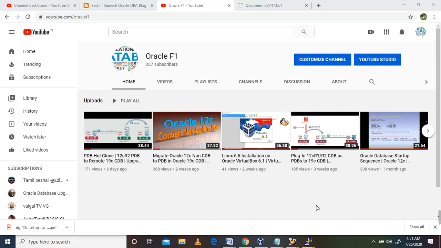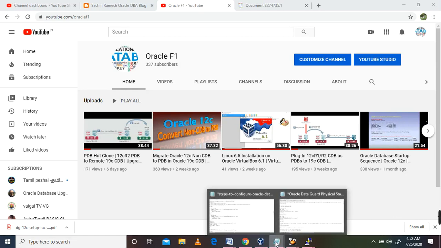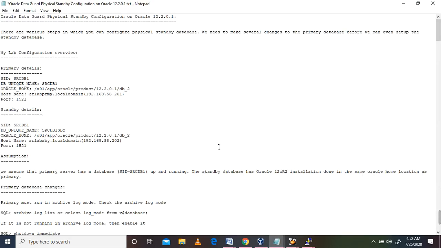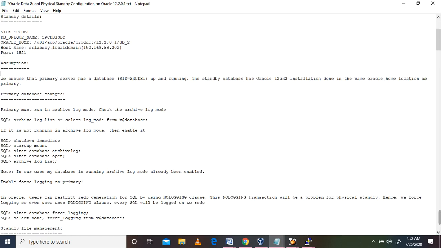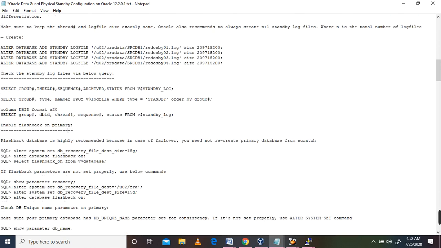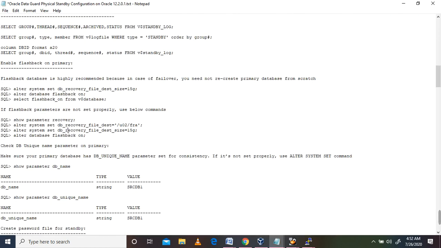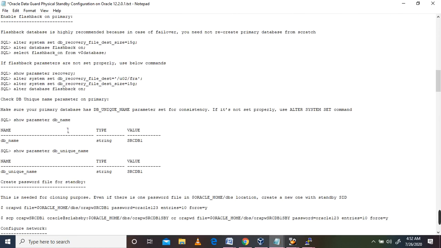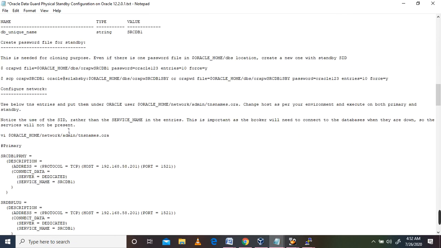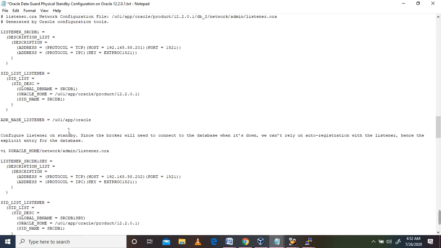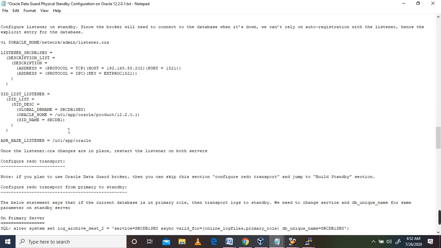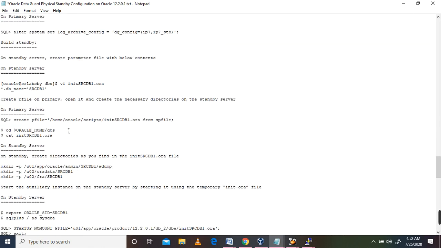I have prepared the high level steps, and these are the steps I'm going to follow with Oracle 12.2.0.1 primary and physical standby database creation. I'm going to demonstrate with all the steps I have prepared, and we will see how it goes.